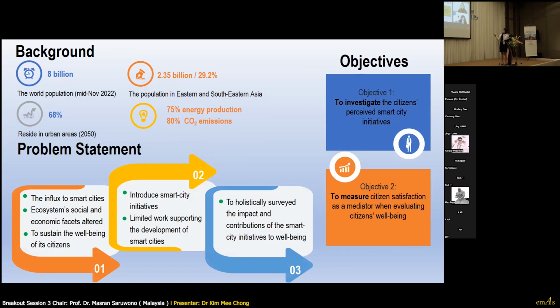As economies shift to industrialization, many people from rural areas continuously migrate to urban areas.